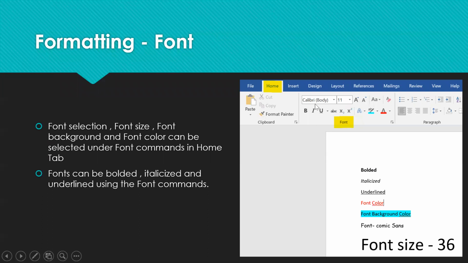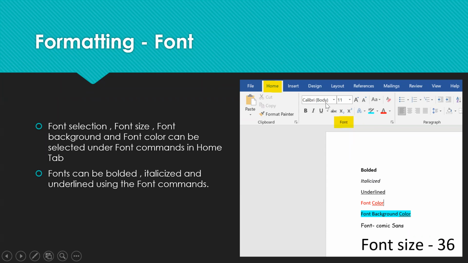So we can say what are the different types of fonts we have. So we have a different selection of fonts here. So you see, like Calibri, Comic Sans, we have a lot of different fonts we can select from this document. Okay, so you can change the font from this option present under the home and fonts.